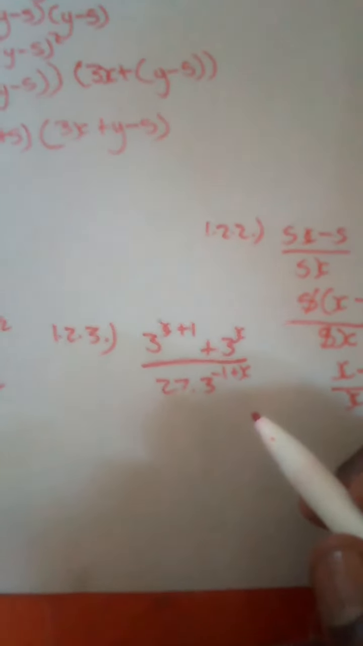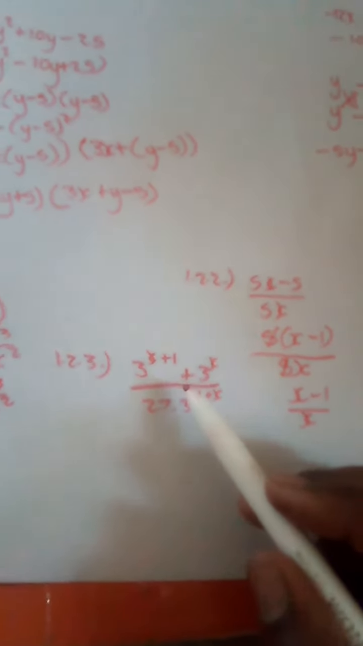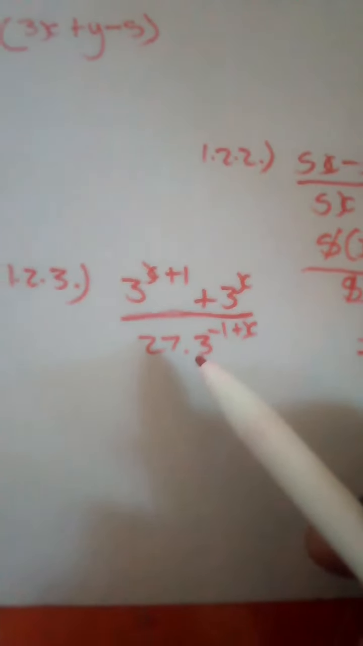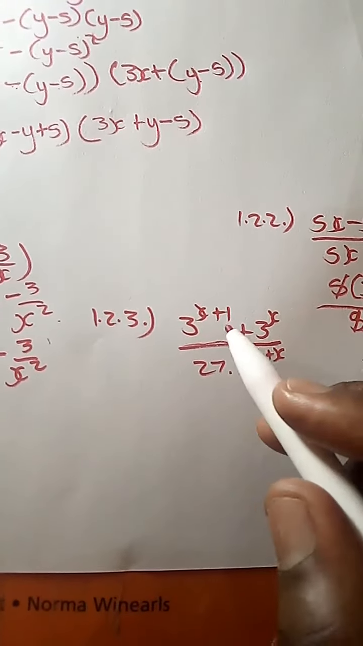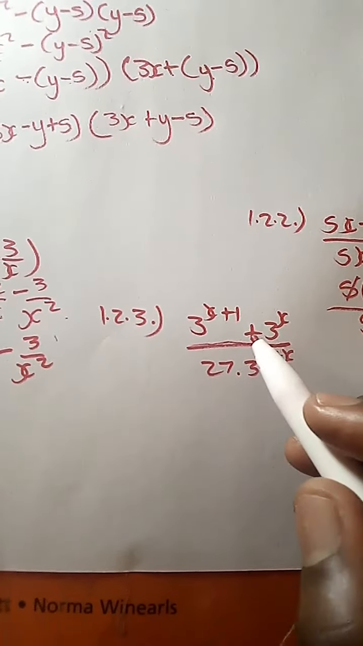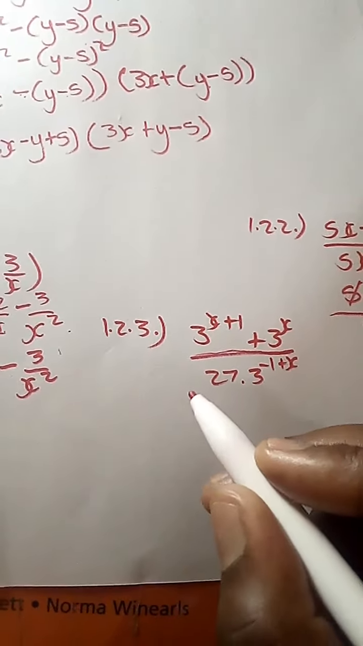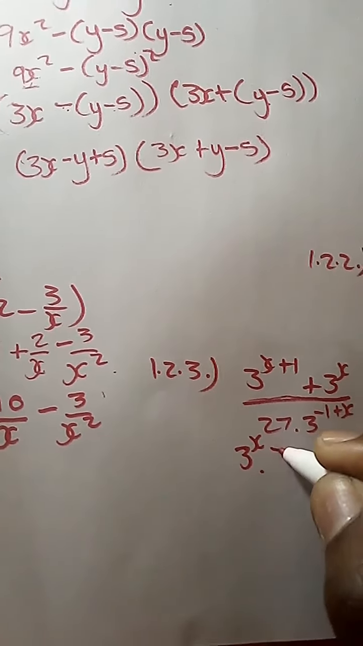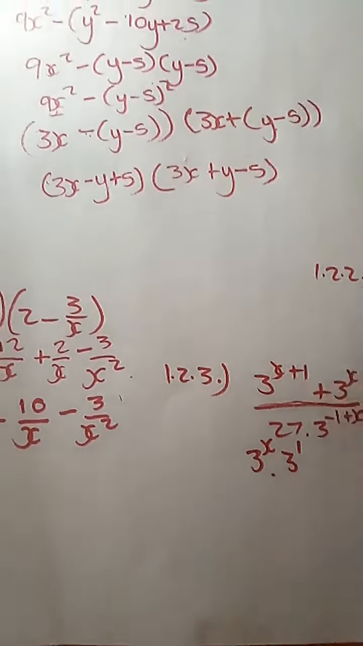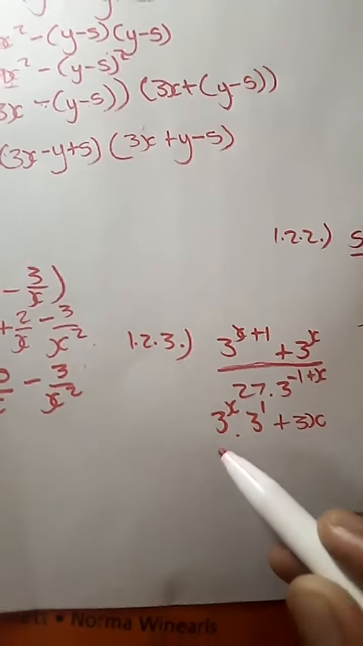And then as for this one, the last one in question 1.2, as we said, we remove common factors when we see a positive sign or a negative sign. So let's just break this down. It's going to be 3 to the power x multiplied by 3 to the power 1, and then plus 3 to the power x, all over